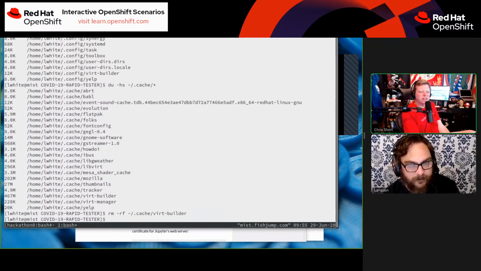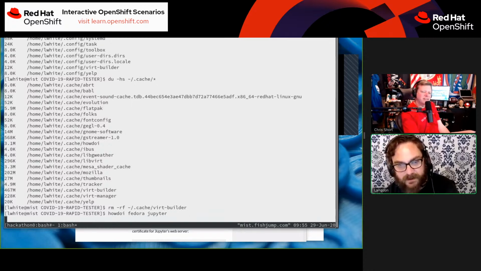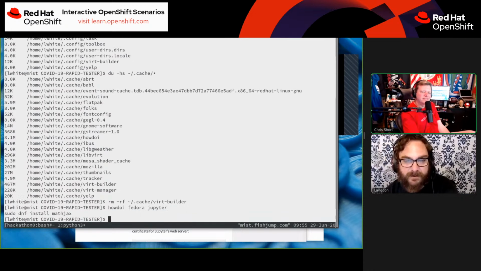What is How Do I? How Do I is amazing. You don't even have to go to a browser to use Stack Overflow. What was the question we had before? Let's see, Fedora. I don't know if this will work well. It's better for like command lookups. Yeah. How do I Fedora Jupyter? What is it? Huh? Oh, all right. Okay. But so like